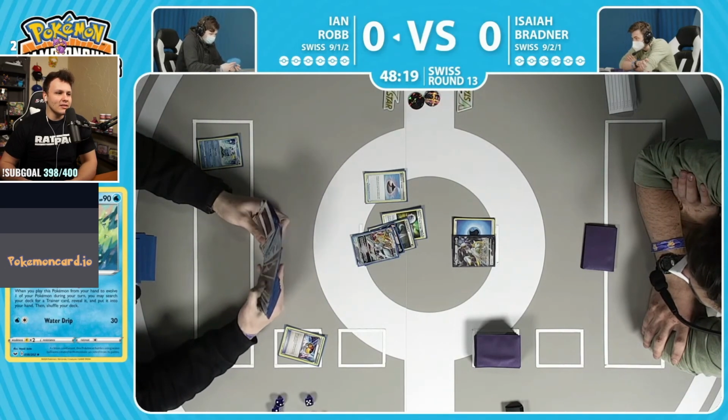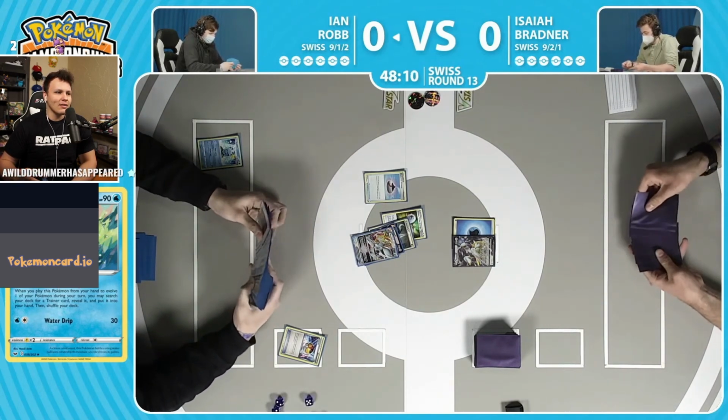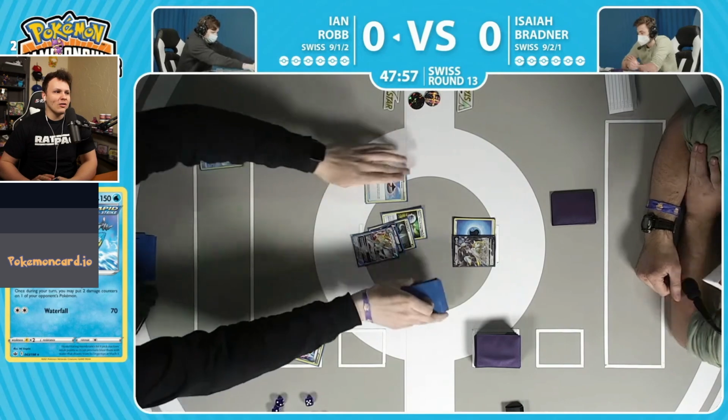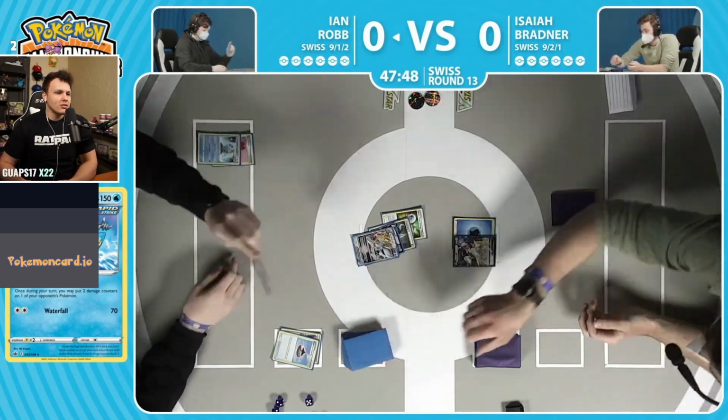Actually, I don't know if Ian plays Zigzagoon here. It could be a donk. I don't think Ian plays the Zigzagoon though, I could be wrong on that. If Ian plays Zigzagoon, it could be Choice Belt plus Zigzagoon and knock out the Arceus V. But I'm pretty sure Ian does not play the Zigzagoon. Balloon to the bench, and then